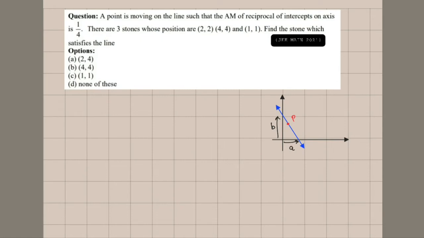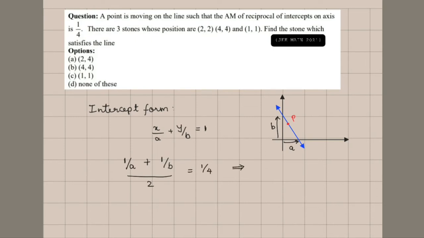When we know two intercepts of a line, we know that the equation of the line takes the intercept form. What is intercept form? We have discussed it in lecture 4, which is nothing but x by a plus y by b equals 1. So this is the equation of line L. The reciprocal of x-intercept is 1 over a and the reciprocal of y-intercept is 1 over b. The arithmetic mean is nothing but the average of these two, equals 1 by 4,